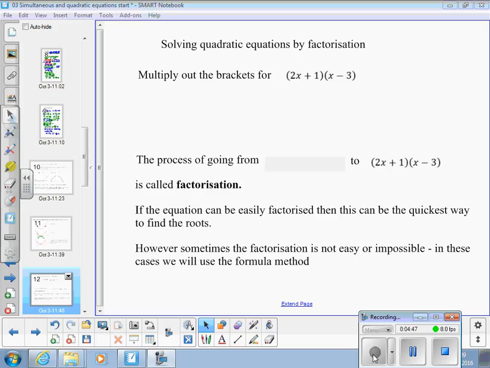Right, Jordan, what you got? 2x squared minus 6x plus x minus 3. And simplified,